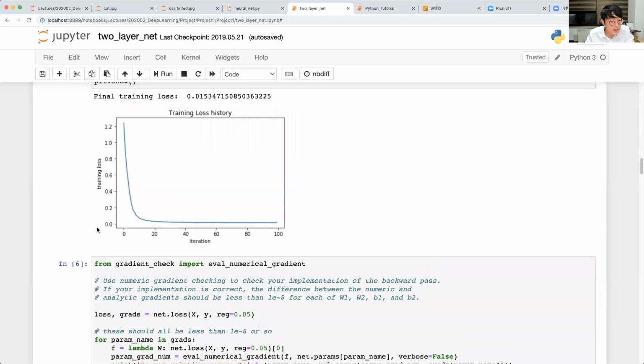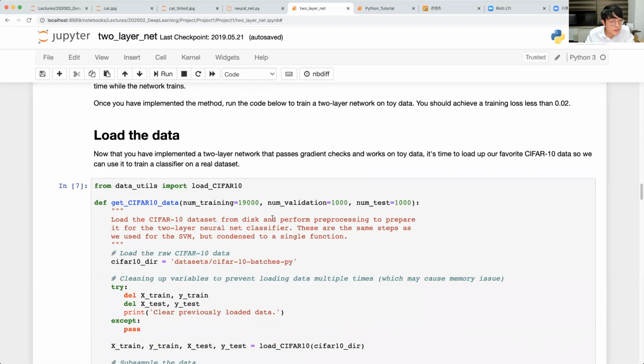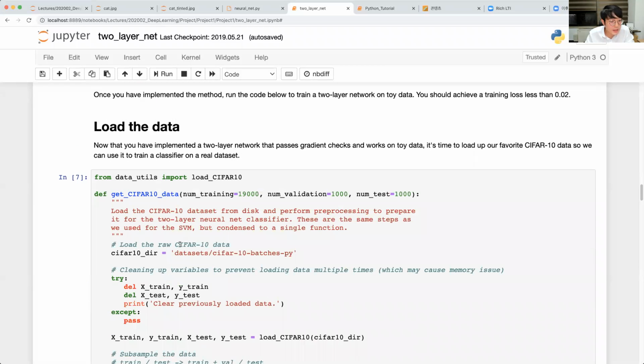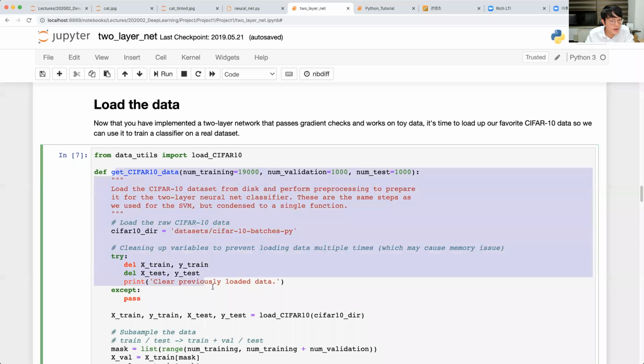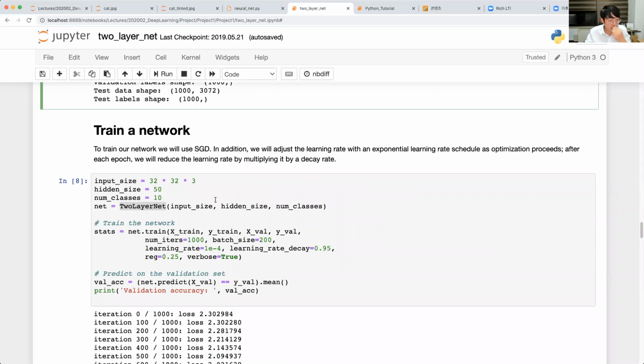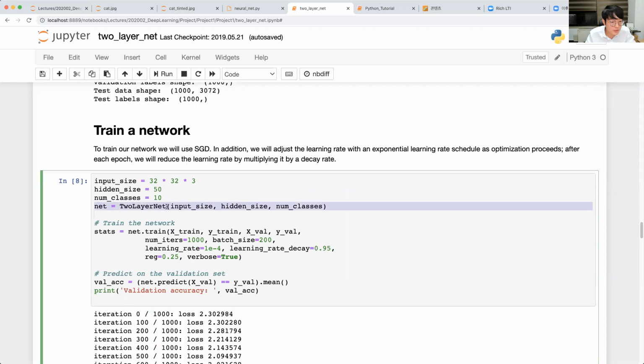So this is the training loss like this. And okay, so to train the network, you have to load the data, but you already have the data part, so you don't need to worry about this one. But to train the network, we have to define our neural network, two-layer network. It is defined in this Python code,